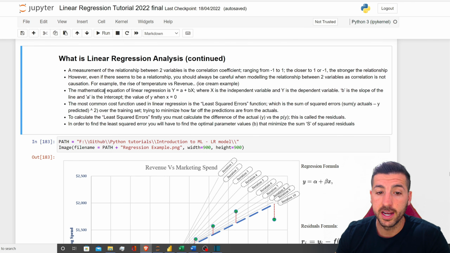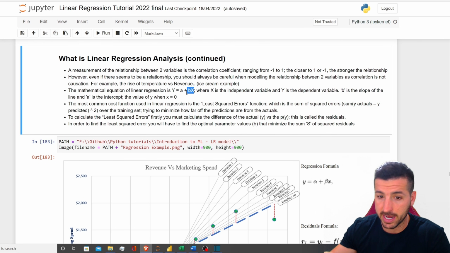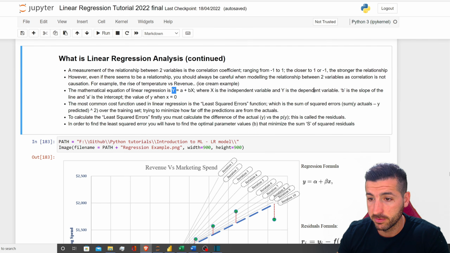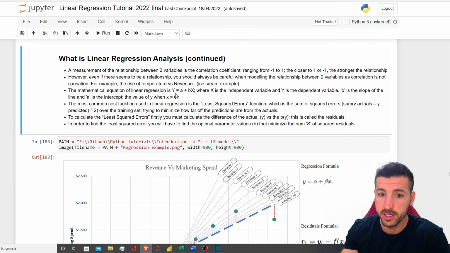The mathematical equation of linear regression is y equals a plus b times x, where x is the independent variable. So this is going to be x plus all other independent variables. Our y is the price, the dependent variable. B is the slope line, so B is this one over here, and